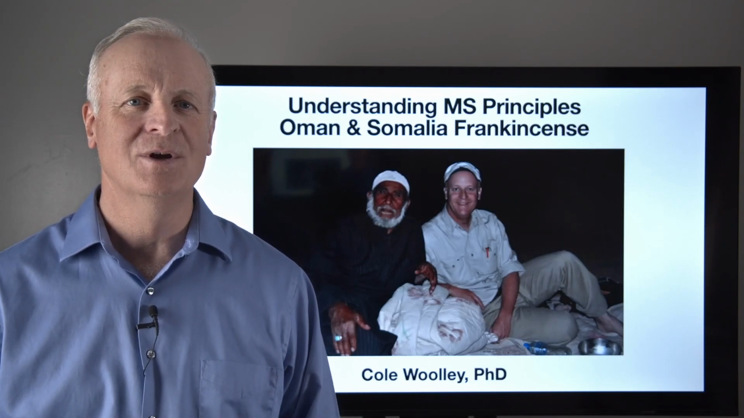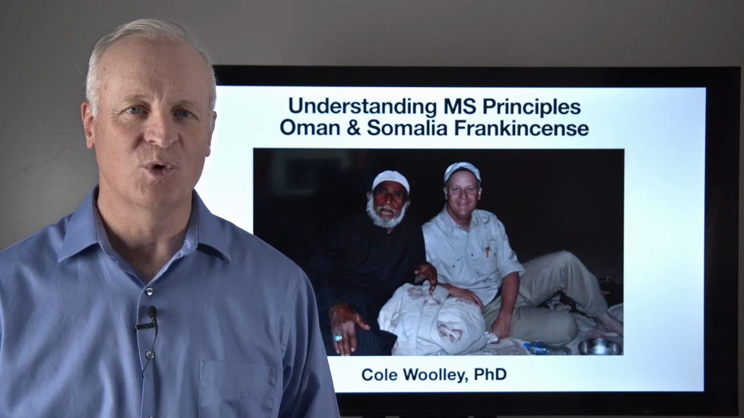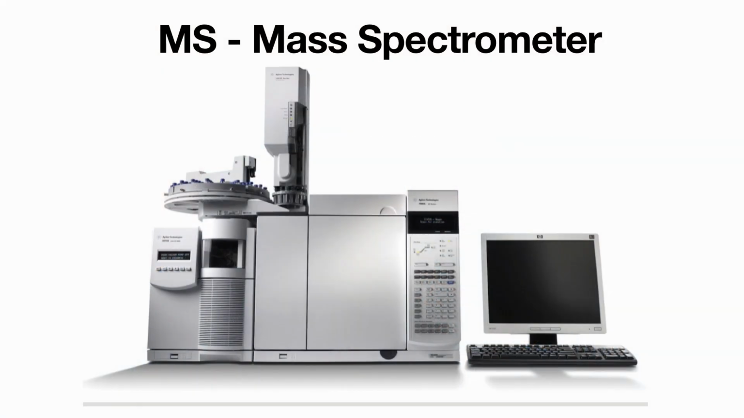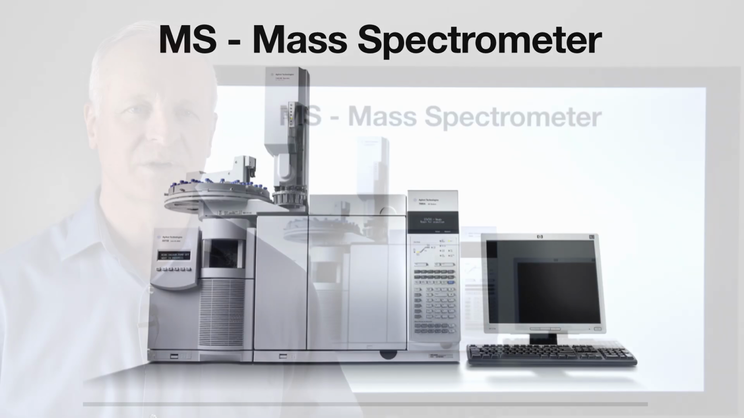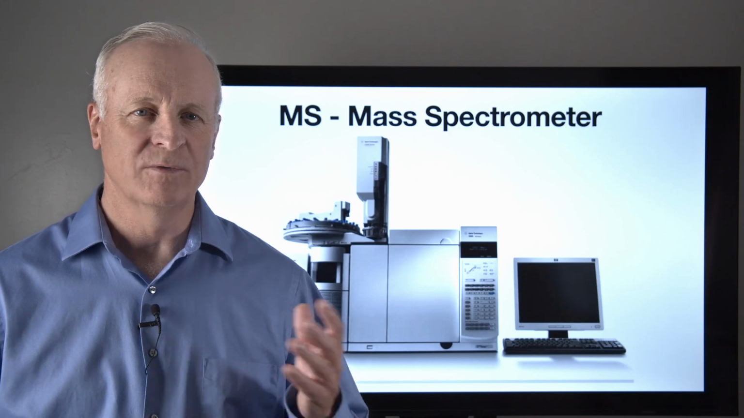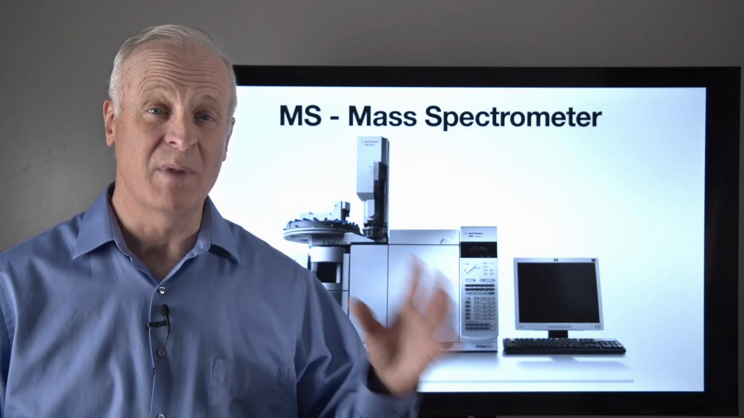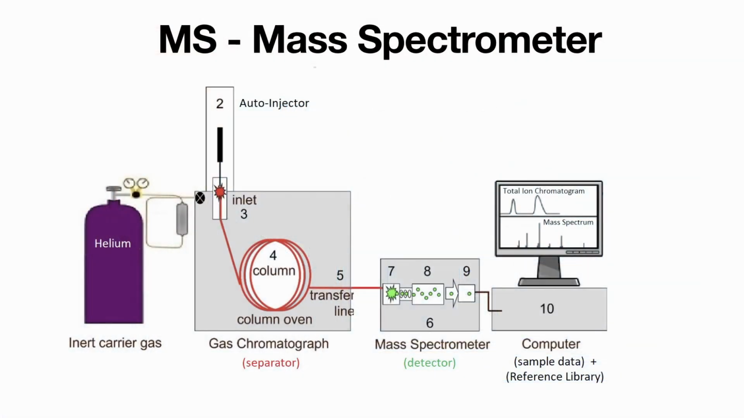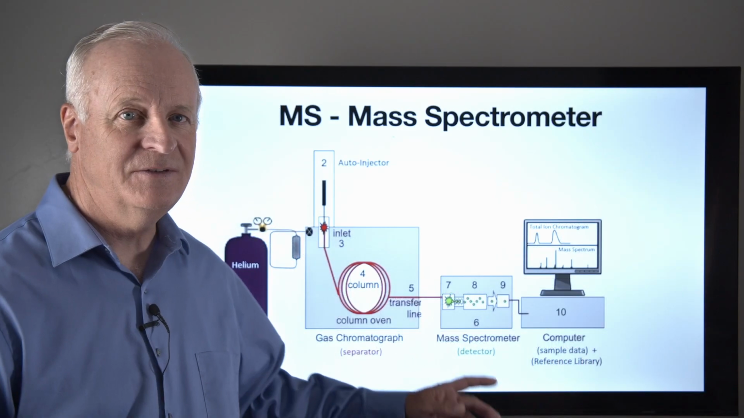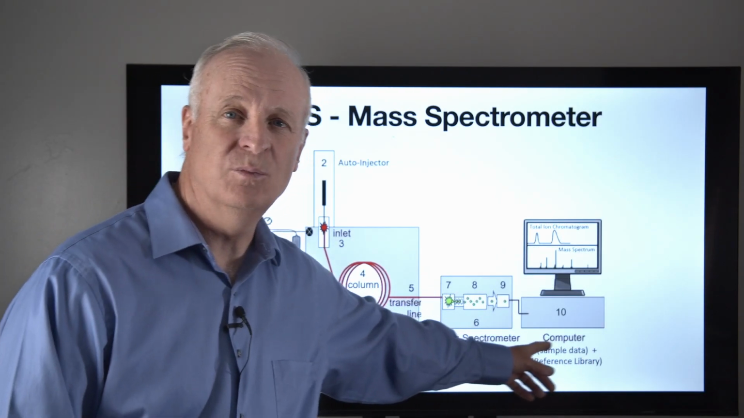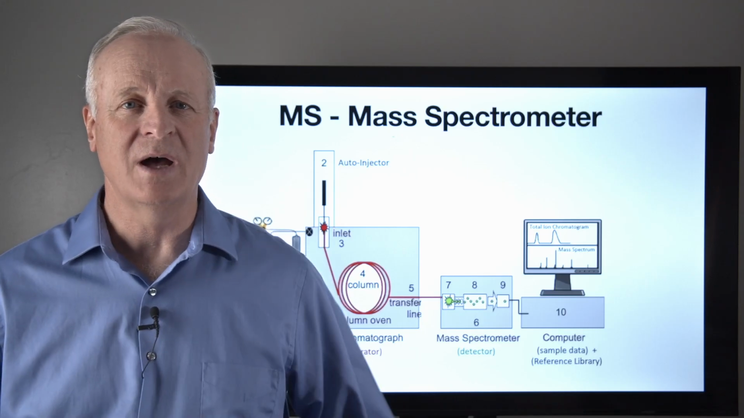So let's get into understanding the MS portion of GCMS. First of all, this is the GCMS instrument, and the MS stands for mass spectrometer. Mass refers to the molecules themselves. They have different sizes or masses, and then spectrometer means being able to separate those by mass. Now, the mass spectrometer is the tail end of the instrument, these two portions, and we'll talk about how they